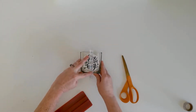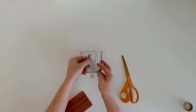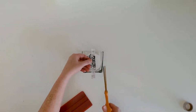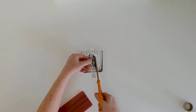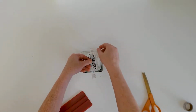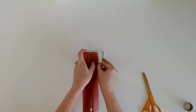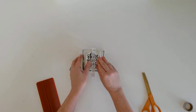Because next, what you're going to do is peel back one side of the vinyl decal and cut away the parchment with your scissors. And that washi tape is going to hold the vinyl decal down. It's acting like a hinge so that after you remove the parchment paper, you can just lay that transfer tape right back down. Hold it taut and run your burnishing tool across it and burnish it down really, really well,